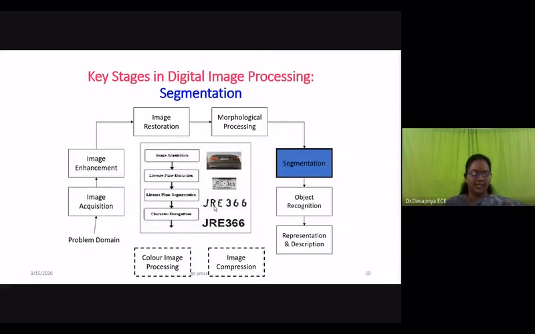Next, we are moving to segmentation. So segmentation, as the name implies, is dividing a particular region of an image. So for this we can consider an example of number plate recognition. So in a vehicle, first it has to locate where the license plate or the number plate is. So first it captures the image and it has to locate where the license plate will be. So after locating, we don't want the remaining areas of the car. We need only the area that belongs to the license plate. So we need to segment that alone from the environment.